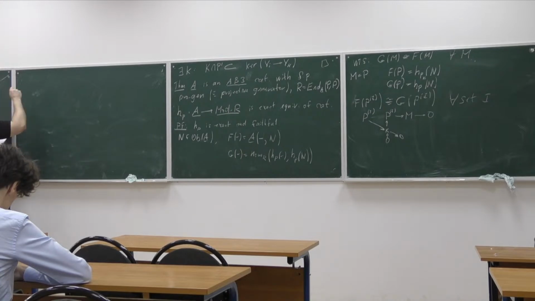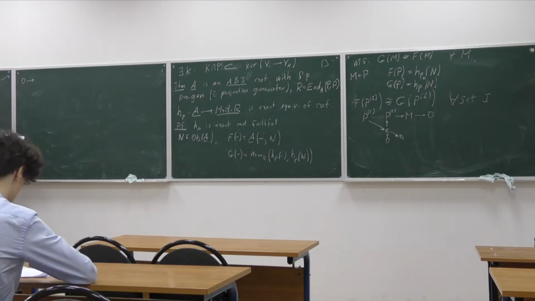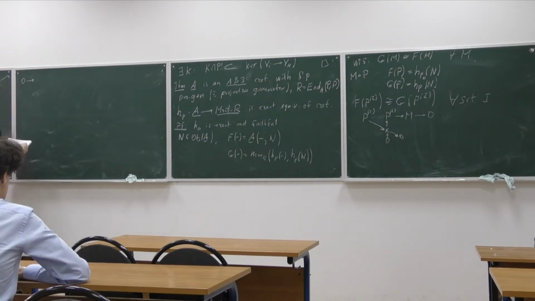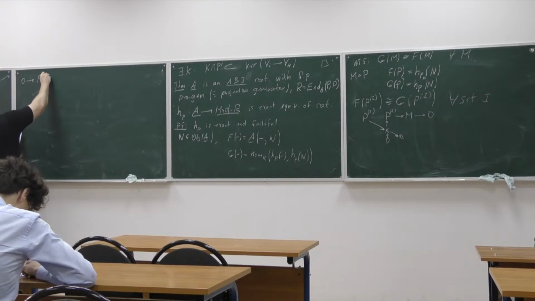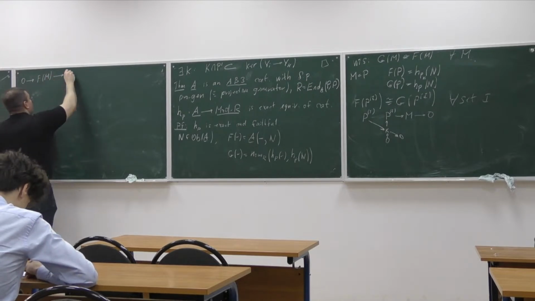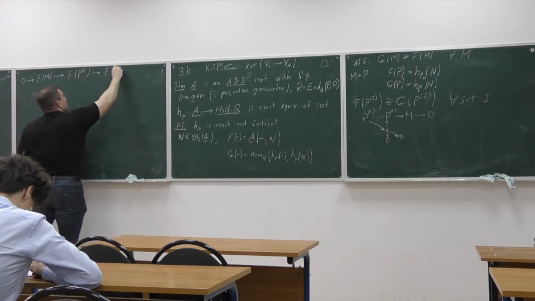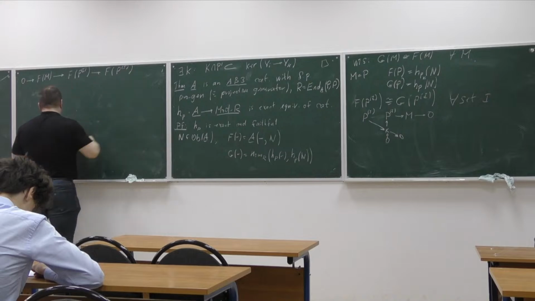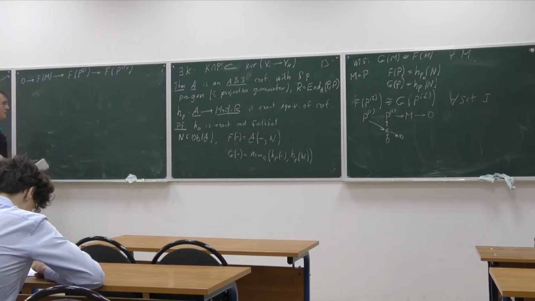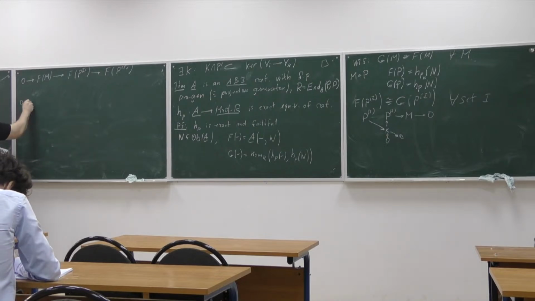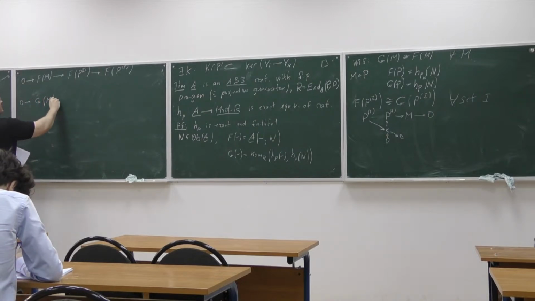So now let's apply f to this presentation. Notice that the functors f and g are contravariant functors. So then I'll get f of M mapped to f of P to the I, and then f of P to the J. They are contravariant and also left exact. So hence this is exact. Now I also have the same thing for the second functor g.